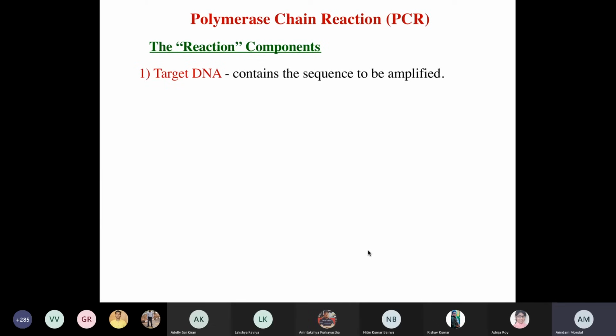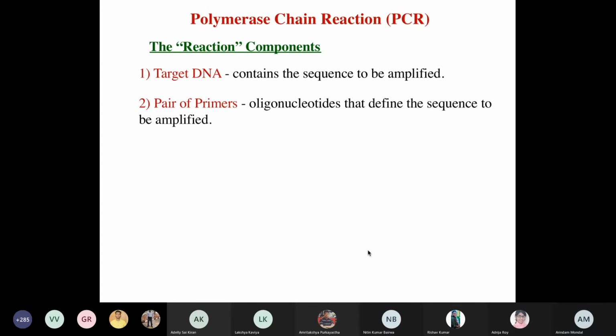First of all, as I have mentioned, DNA replication should always happen in a template-dependent fashion. So be it the natural DNA replication process inside the cell or the polymerase chain reaction happening in vitro in the reaction tubes, you need the target DNA or the template DNA. So you need to have a template DNA, or the target DNA, which needs to be amplified. Okay. Second,